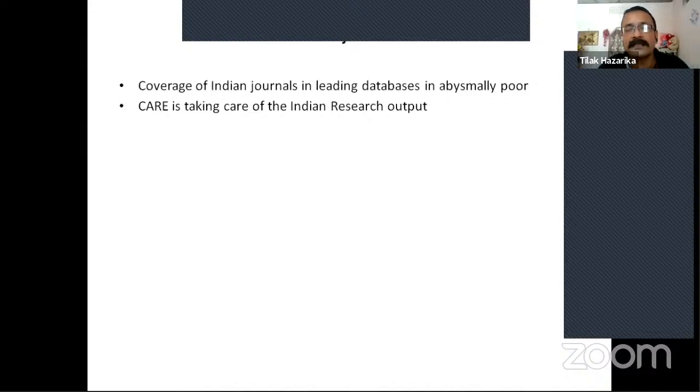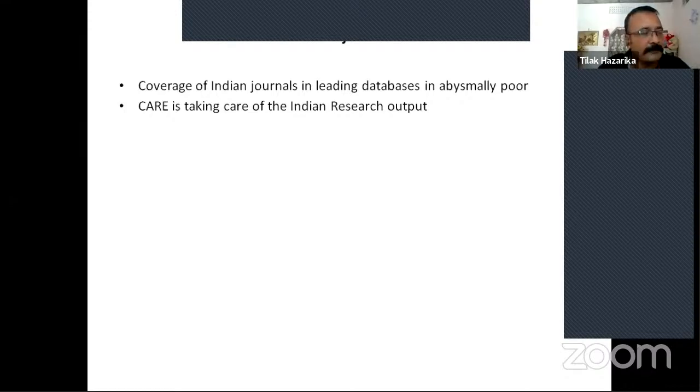They have grouped the journals in different subjects. Category A journals are mostly those already covered in the Web of Science and Scopus. But category B and C are journals not covered by Scopus and Web of Science, but they are very high quality journals in different